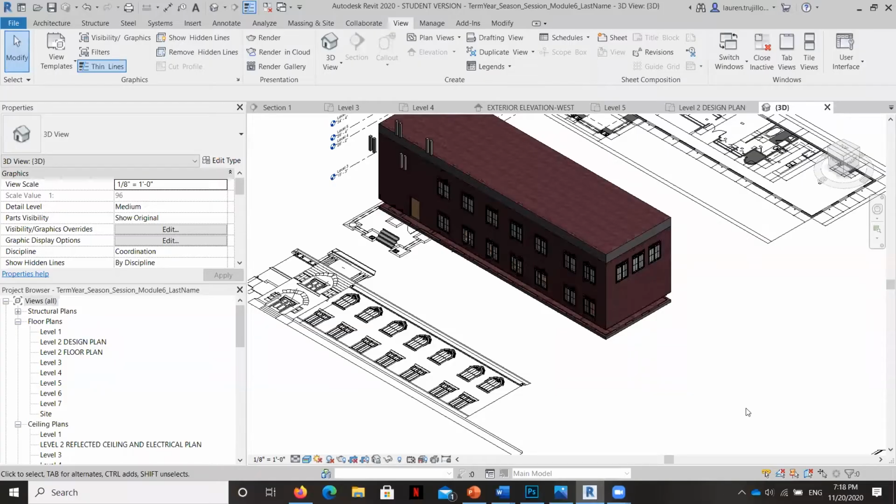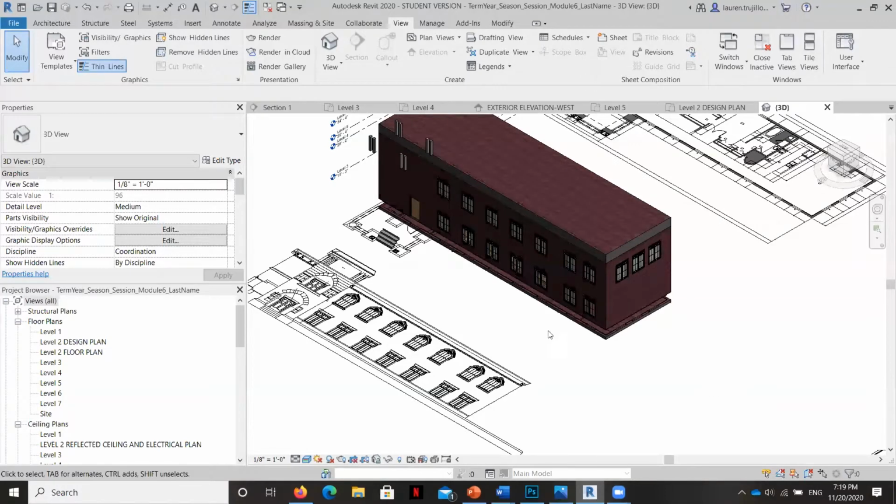In this video, I'm going to teach you how to use the custom modeling commands. And we're going to begin by using the sweep command first. And so we'll begin by selecting the profile that we're going to use and then drawing the shape that's going to be extruded along a path to create a sweep. And we're going to do this a couple of different times around the exterior of the building.